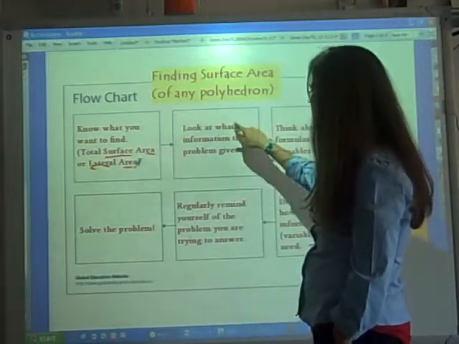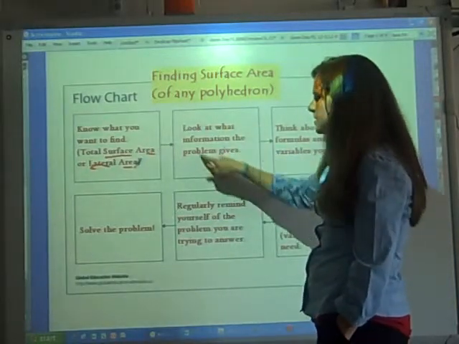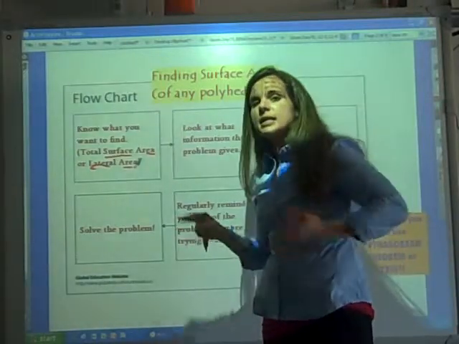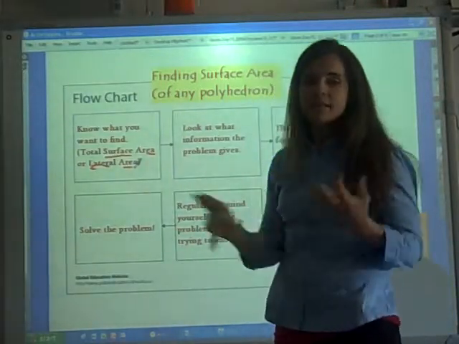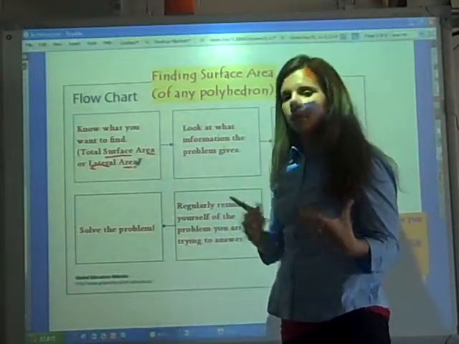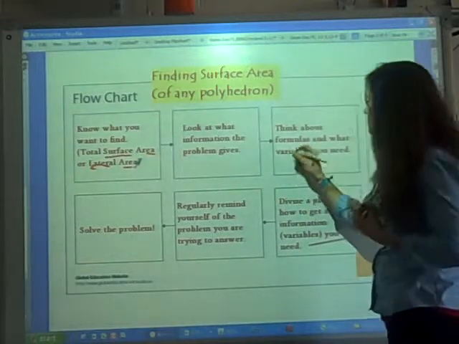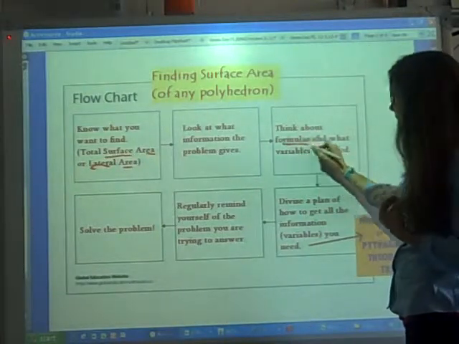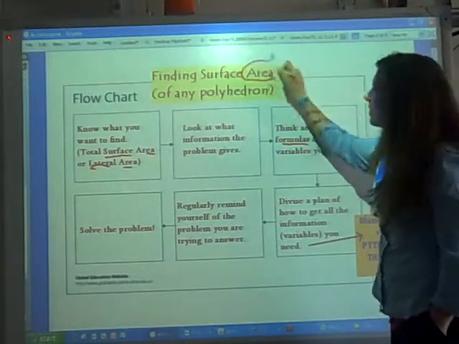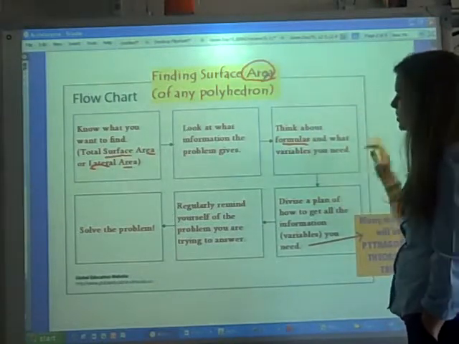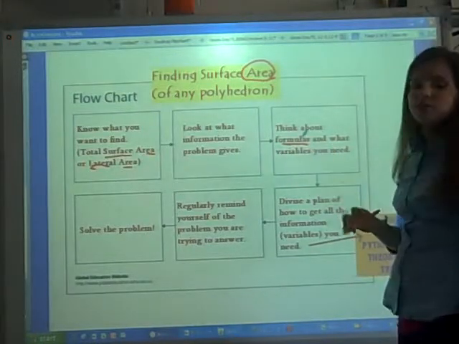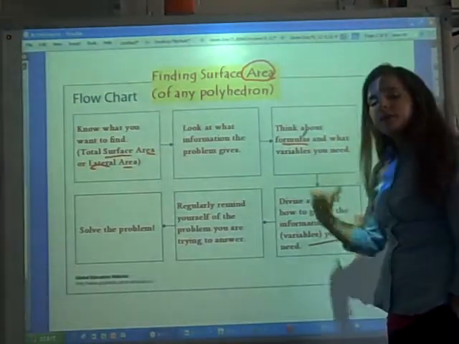Then we're going to look at what the problem gives us. Is it giving us the slant height already, or is it going to make us find it? Is it giving us the sides of the bases? Is it giving us the radius of the circle or the diameter? We've got to know what it is giving us. Think about your formulas that you need when you're thinking about area. I've got these kind of shapes. Let's look at what shapes we have. What formulas do we need? And then look at the variables that are inside those formulas